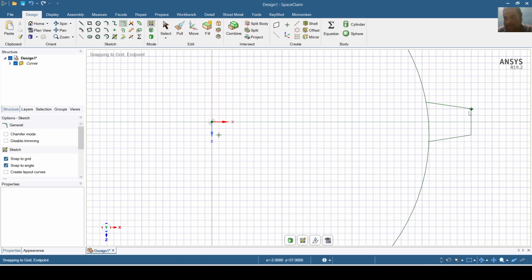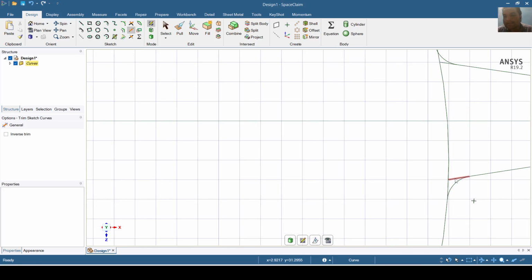of say radius 1 mm, and here as well radius 1 mm, and I will create a tangent arc, and in a similar way I will create tangent arcs, and I will now use the trim tool to delete this unwanted profile,